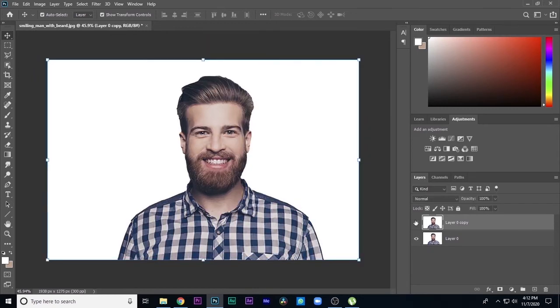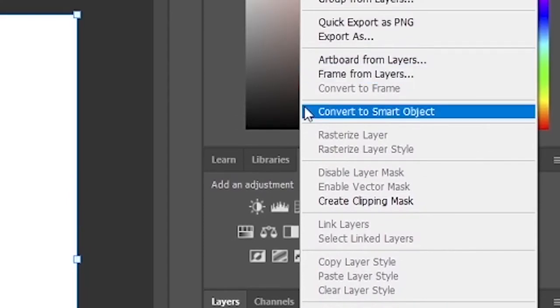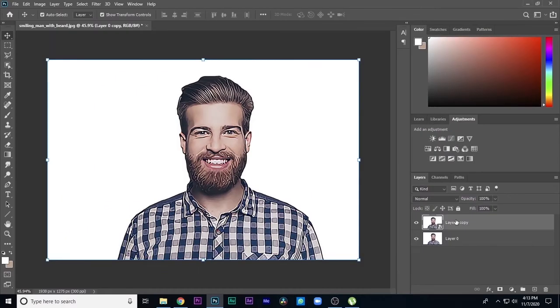This is the before and this is the after, but we should make many things in this. So what to do is just select this and right click on it, and here you can see Convert to Smart Object. We should convert this to a smart object. Later on I will say why to do this. Now, after converting into a smart object, we should duplicate it into 3 layers. Ctrl plus J, Ctrl plus J, and that's it. We have 3 layers of the same, and now we can name them.